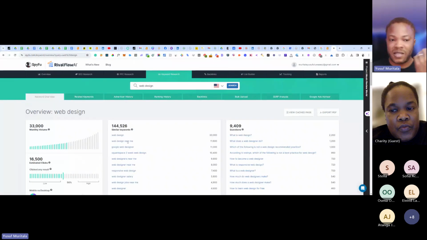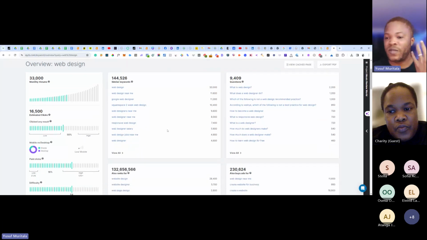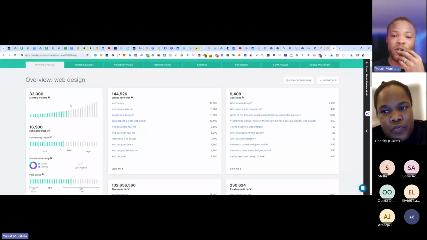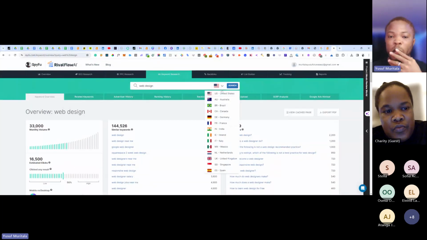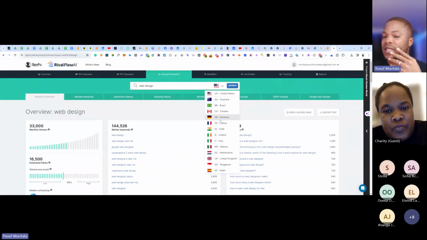So you can see this is much more full of data that you can work with, right? It shows here 33,000 monthly volume. That is in the US, because for this keyword they don't have Finland yet.